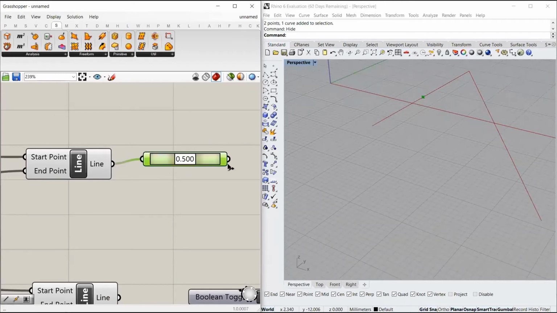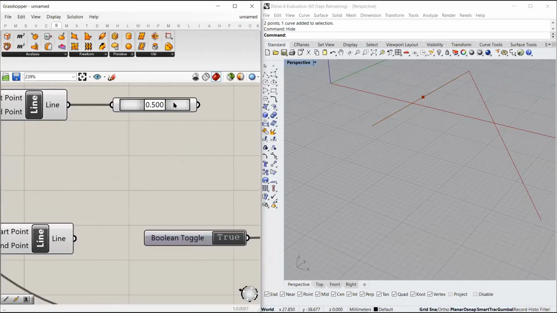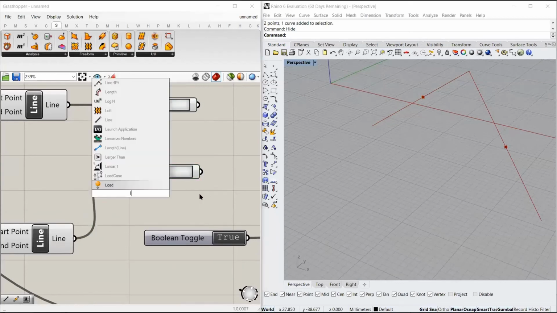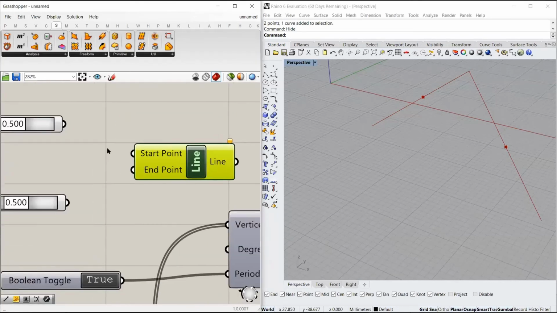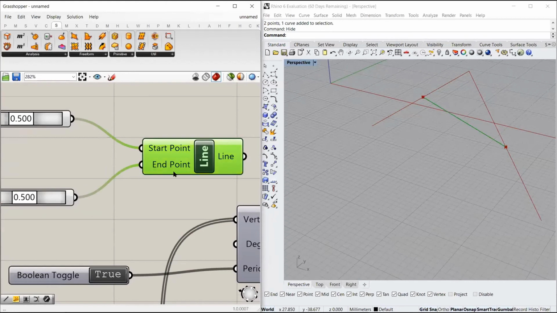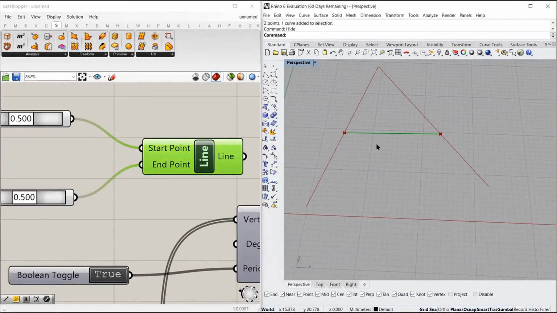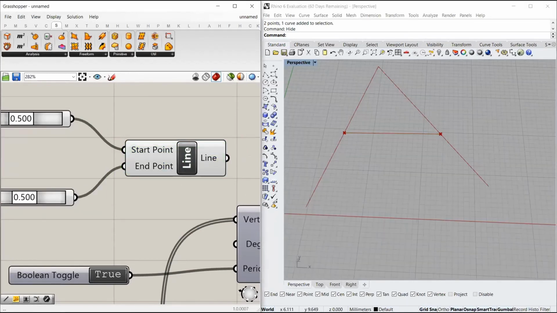I input this to this, so it gives me a midpoint on this line. Similarly, I do it for this, which gives a midpoint for this line. And now we can make a line using the line component. Create this. So you see, we created a line from the midpoints of these 2 points.